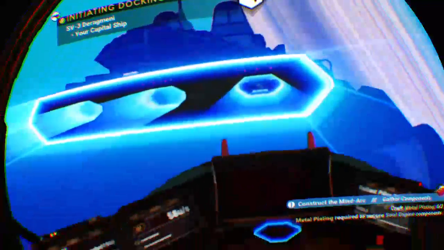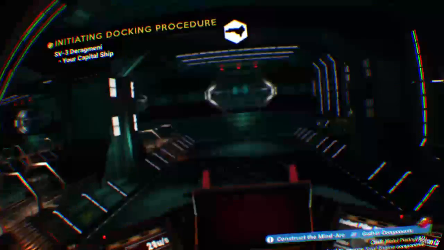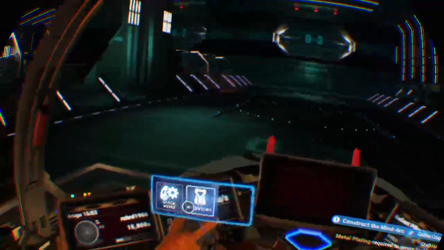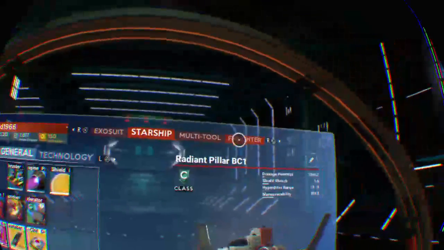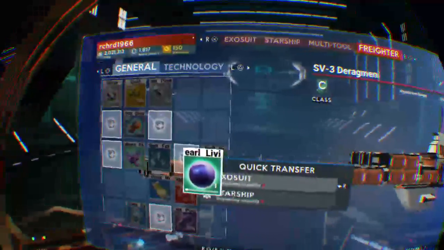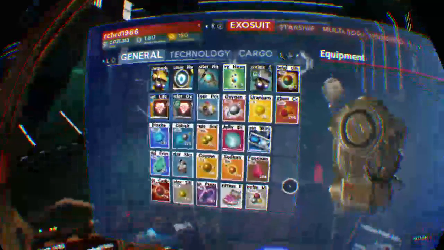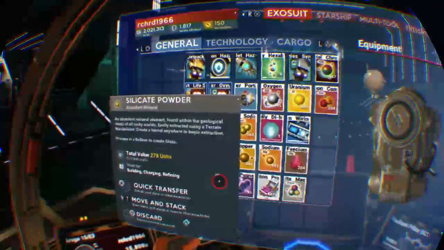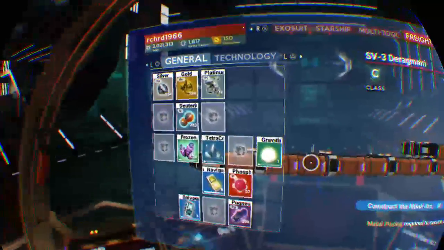living pearl. You have to be in your freighter. You can transport items from your inventory to the freighter, but you have to be in the freighter to get your stuff back like this. Okay, quick transfer. I don't have any room, so let's go to the exosuit and see what we can discard. Maybe this is something that we can discard. Freighter, quick transfer to that,